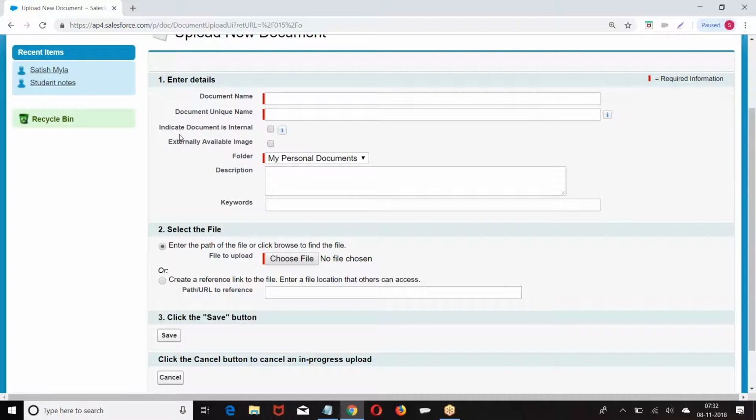There are two types of users, internal and external. External means they are not the employees of your organization, but still you want to give them access, like a customer, distributor, partner, or retailer. They are not employees. I gave franchises to a number of people.